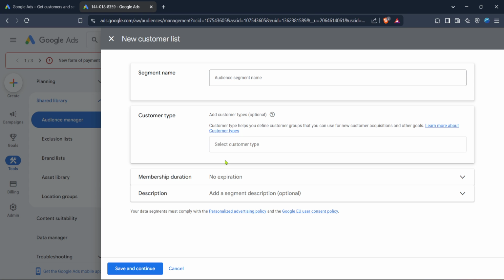And that's it, you've successfully set up remarketing list sharing in Google Ads. By following these steps, you can now efficiently re-engage past visitors and drive more conversions, leveraging the power of remarketing to grow your business. Remember, remarketing is about strategic planning and continuous refinement, so keep learning and optimizing your lists